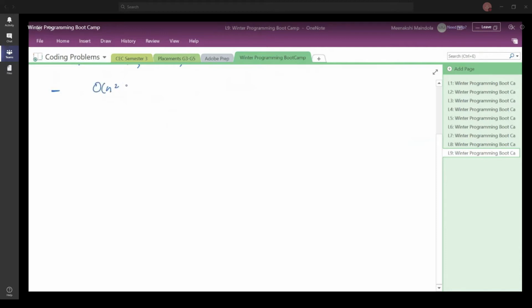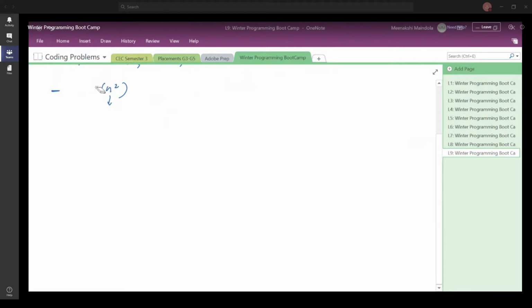complexity for a sorting algorithm or any kind of algorithm, if you have the time complexity of order of n square, then n here refers to the number of elements that you are either sorting or the number of times that you are running this loop, right? If it is for an array, even if you are traversing the array twice, you say order of n square, right?